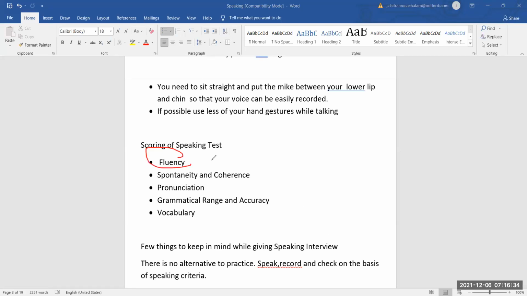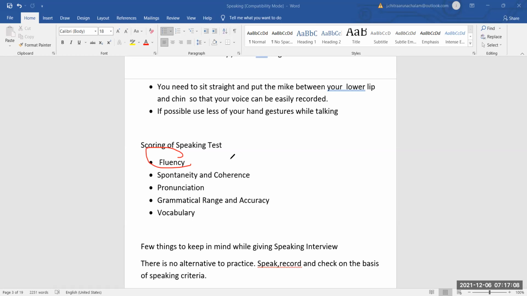Fluency. Talking about fluency, you are supposed to answer in a flow. We must not stammer or fumble a lot. That's very important. And avoid speaking in one or two sentences. It could be part one or part three. You must not answer the questions in one or two sentences. You have to provide a lengthy response until the examiner shoots out the next question.